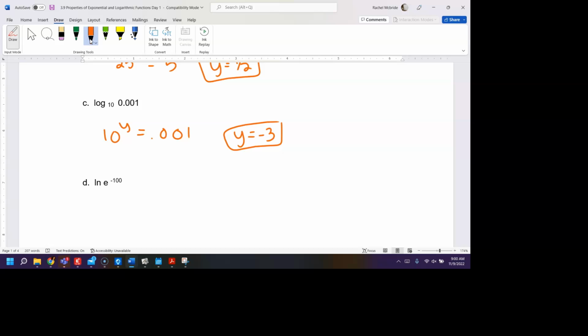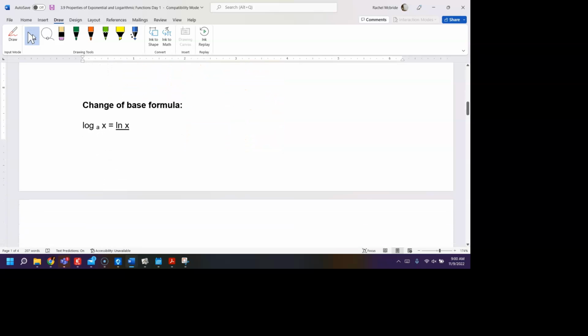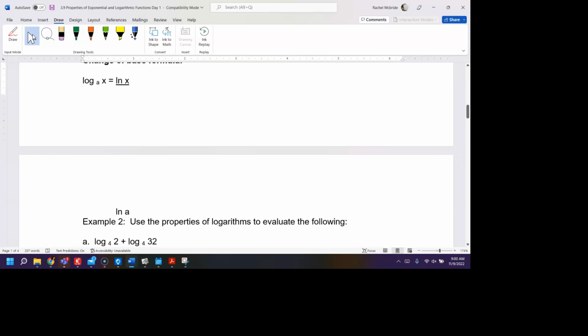The next one, not a trick. However, the natural log of e to the negative 100 is simply